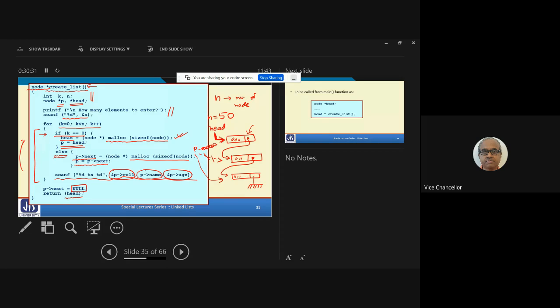After that, we have not modified it, and we are returning the value of head. Tell me, is this function clear? Just if you think logically, step by step, it will not be difficult at all. It will be very easy. Just try to understand pictorially what you are trying to do.